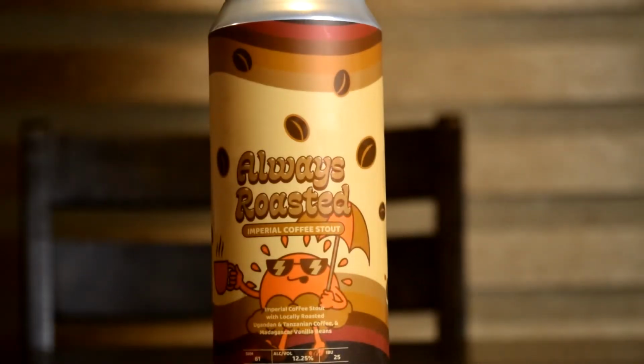Today's beer is by the Guam Brewery and it is called Always Roasted. Always Roasted is actually a collaboration between Coffee Slut and Opake, two local companies. Coffee Slut provided the coffee beans for this Imperial Coffee Stout, and Opake supplied, I believe, the artwork slash can